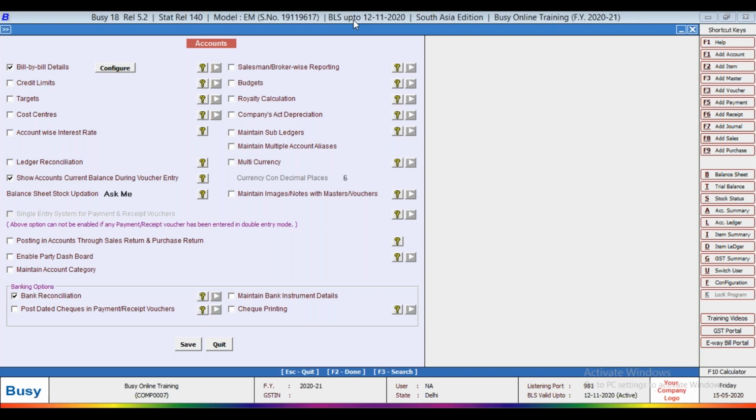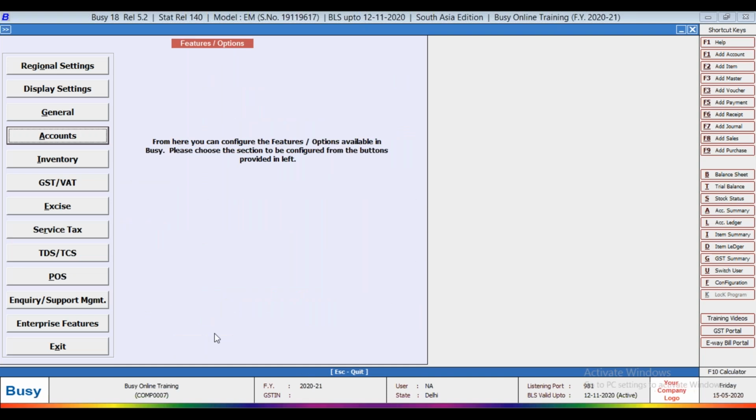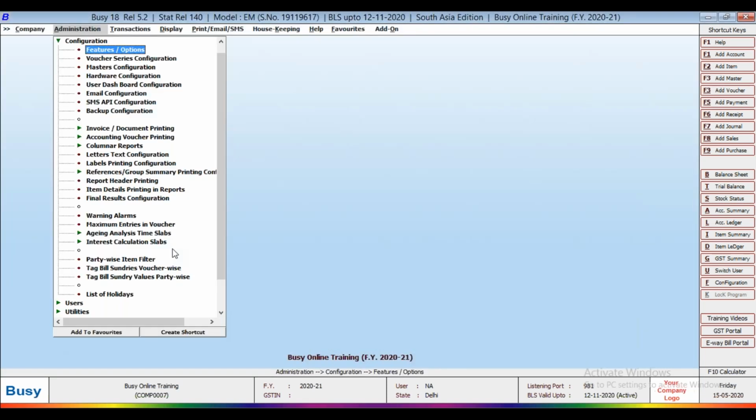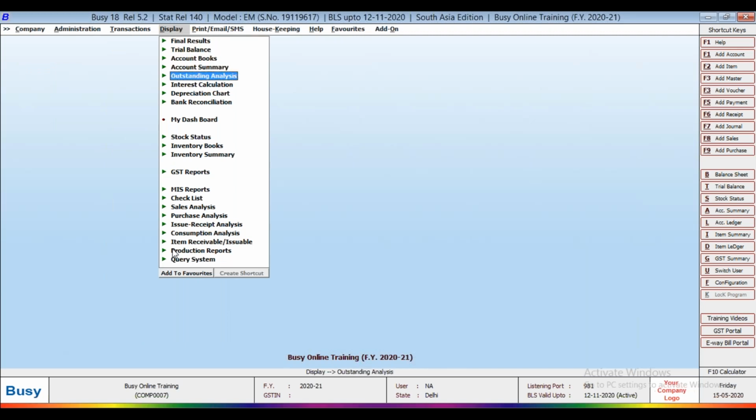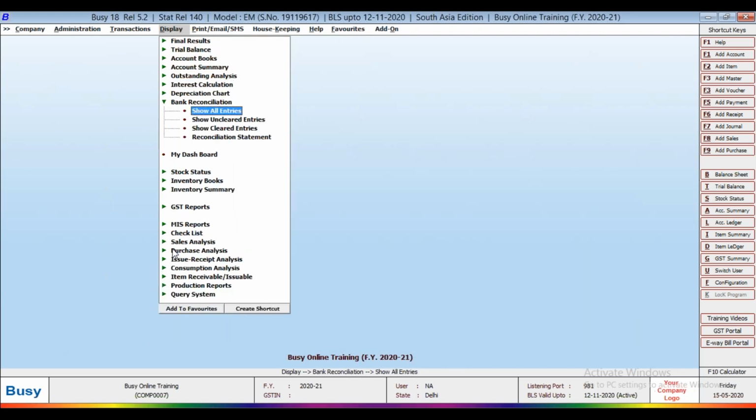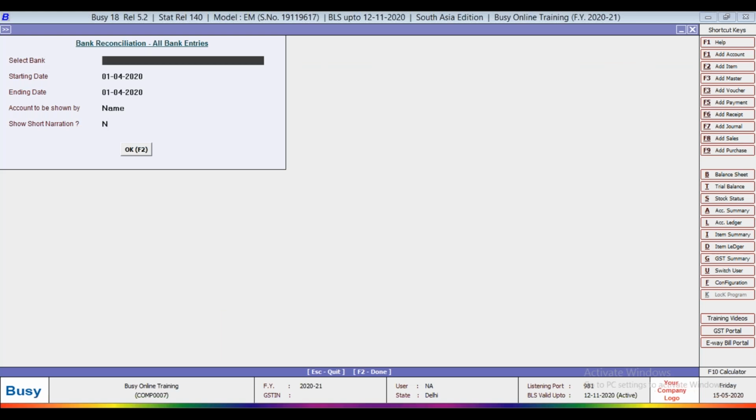So how it will work, we can see. In display, bank reconciliation, show all entries.